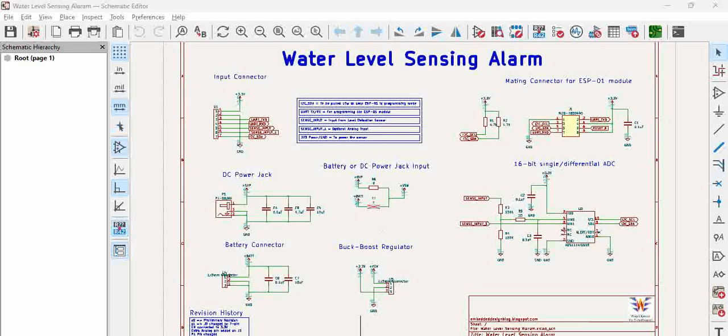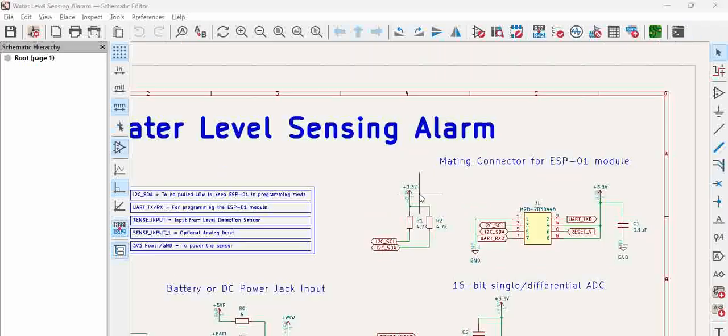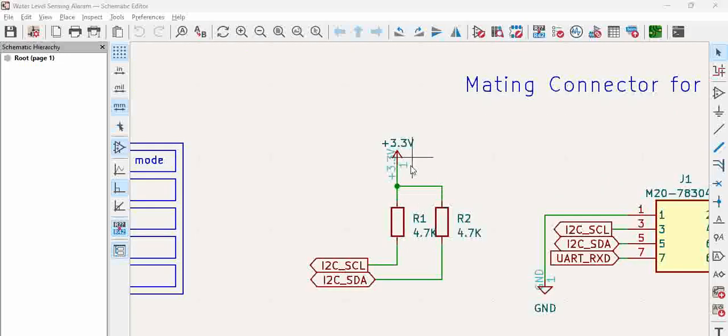Hello all, in this video we will see about the power symbol options that are in KiCad and some of the constraints before the V8 version of KiCad. So if you see the power symbols, okay, the power symbols actually are fixed in